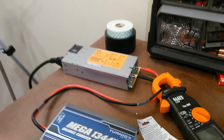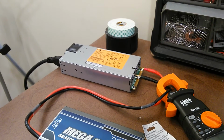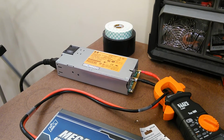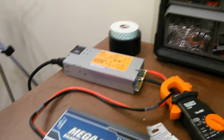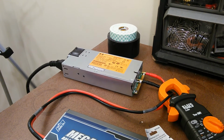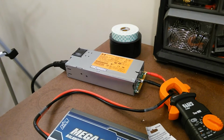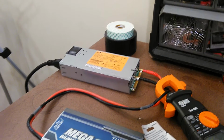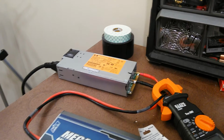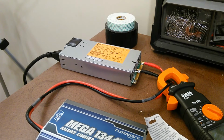Like I said, I've sold about 750, 800 of these units. And like I said, I do randomly get customers complaining about noise. But again, some of those same customers, after I shoot them a few videos showing I'm having the same phenomenon with my units and pointing them to several YouTube videos that this is a common occurrence with some PC power supplies, I don't hear back from them, and they still continue to use their power supply to this day. So don't be